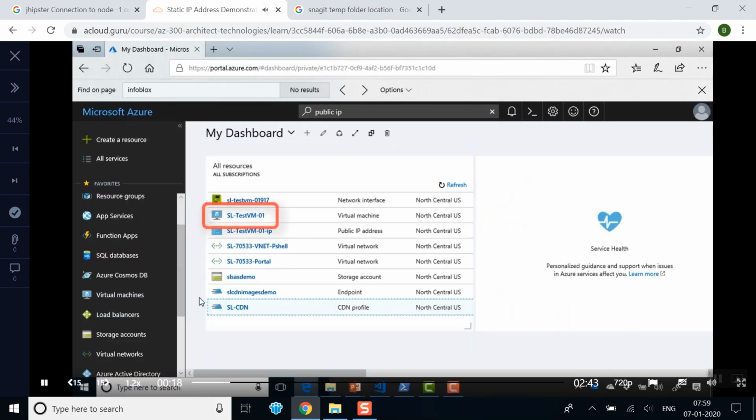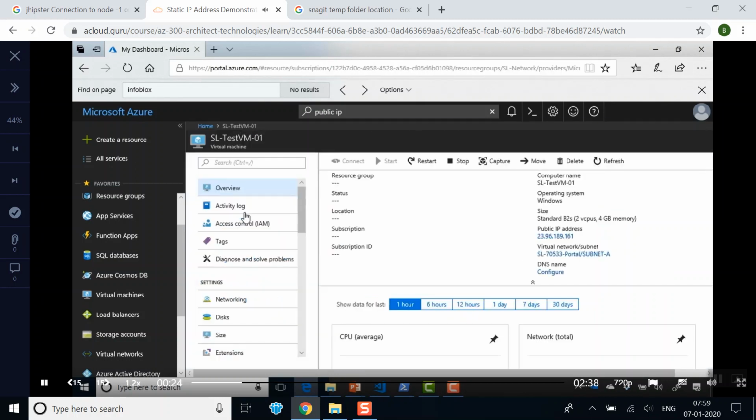So here in the portal, I've got a new virtual machine called SL-TEST-VM01, and when I built this machine, I had it create the public IP address at the same time. You can already see it there on the right-hand side in the summary screen. If I select Networking,